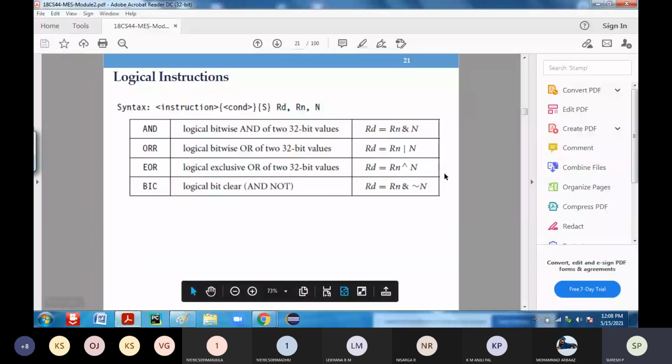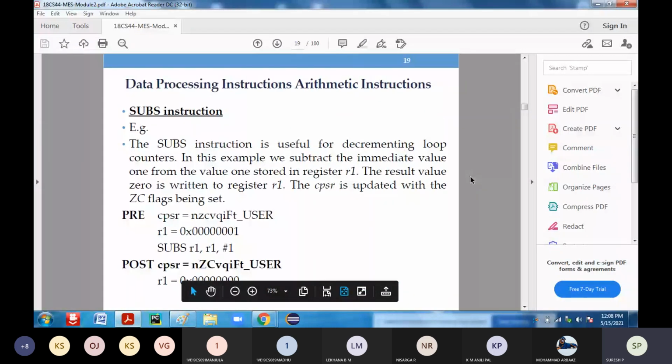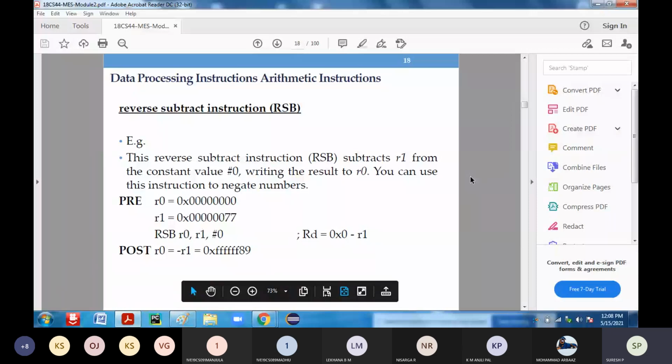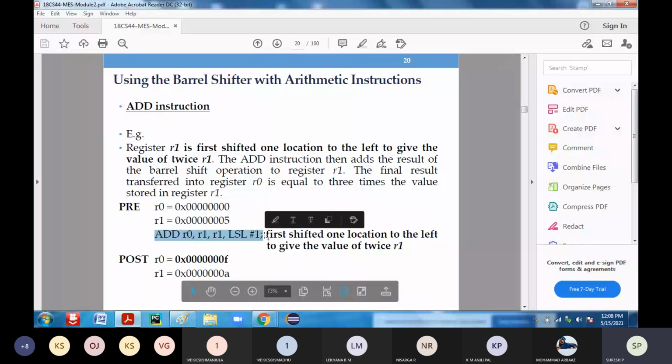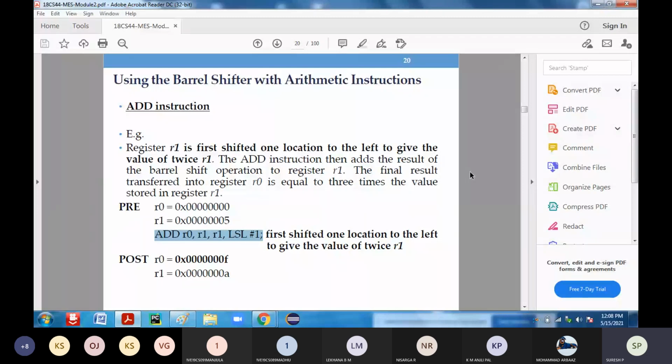We have discussed that in the previous slides. In the SUBS instruction, this is one typical instruction, one more instruction which uses the barrel shifter. I think I have explained this previously, so you just go through it once. If you have not understood, I will explain once again. Not an issue.